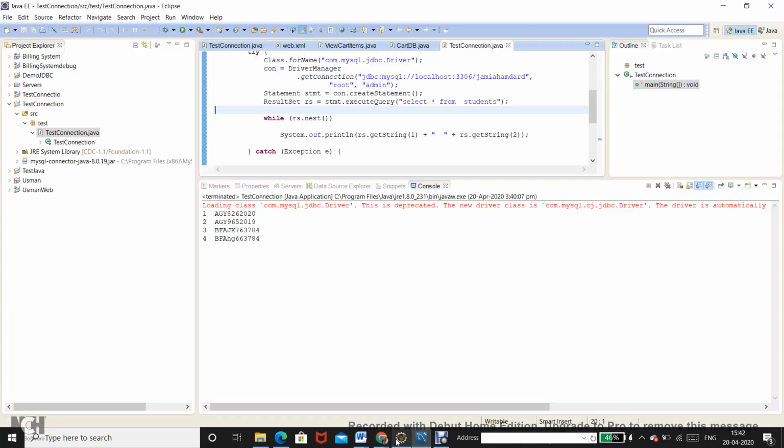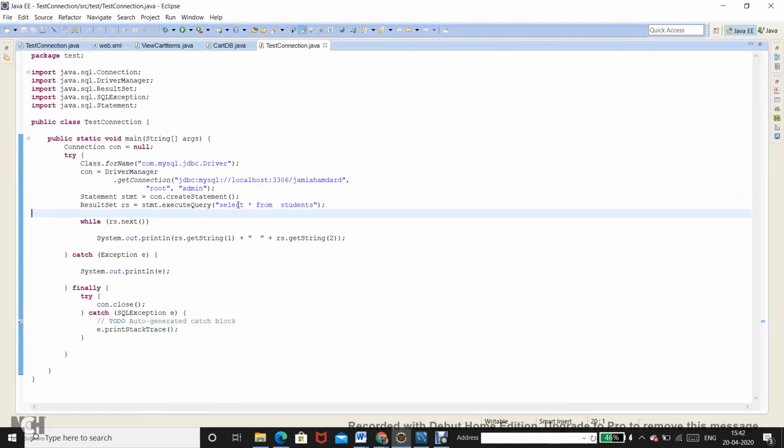As we have seen in our code in the last class, we have selected star from students. That means all the columns and all the rows are being selected, every data is being selected, but we choose to print only column number 1 and column number 2, which happen to be the serial number as well as the enrollment number of the table.